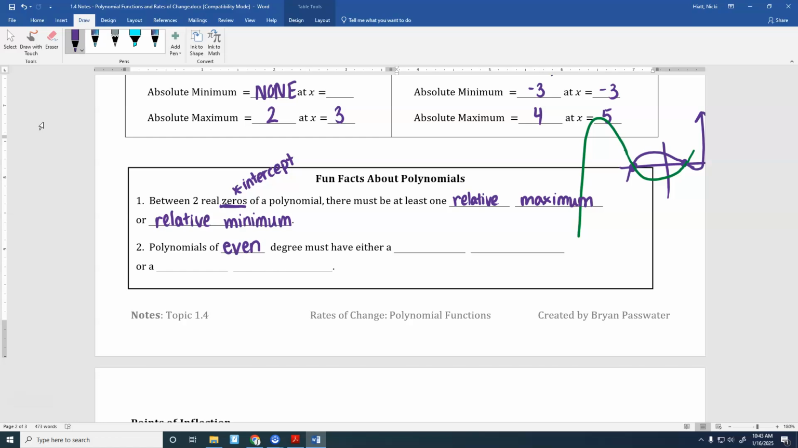So if you have even degree, what do you know about the end behavior of your graph? Both down or both up, right? They go in the same direction. So if you know that this end goes down over here and this end goes down over here, what would that graph have to have? It's got to have an absolute maximum. Now it might do crazy stuff in between, but it has to have an absolute maximum because both ends go down. So there's got to be a point that's the very highest. So it's going to have an absolute maximum,